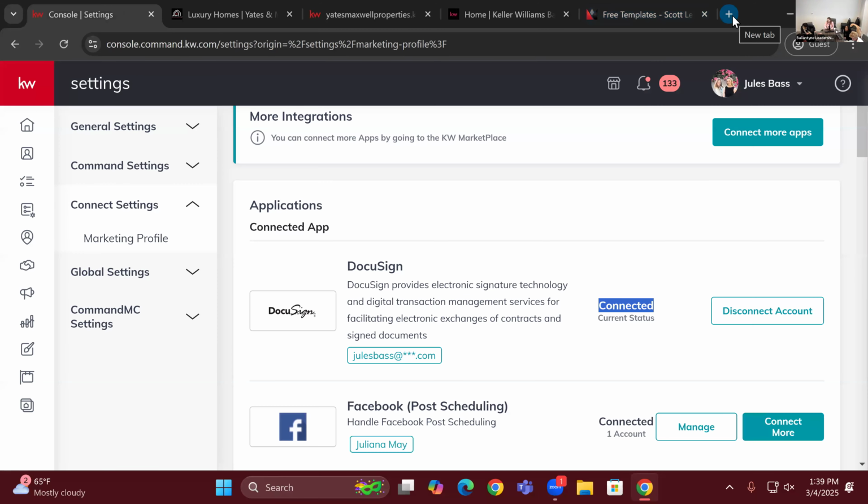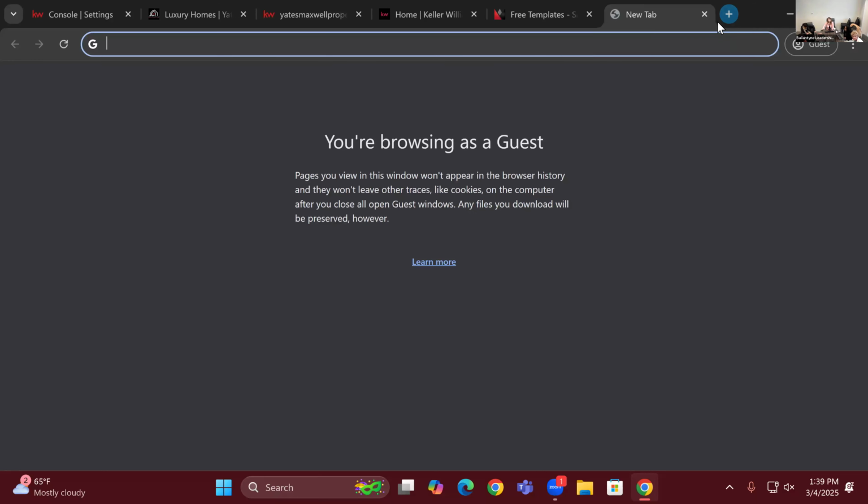I also am going to ensure that we all have our forms in there as well, just to make sure when you have a transaction, you can access those. For this part, I actually do this every time I teach this class. I don't have a DocuSign account, so I can't show it to you, but I know the steps. So in a new tab, go to rooms.docusign.com. Typically, we would always start transactions right from Command, but for this, we're just going to go right to DocuSign. You will need to sign in to your account, and it will prompt for a code because it's extra secure.